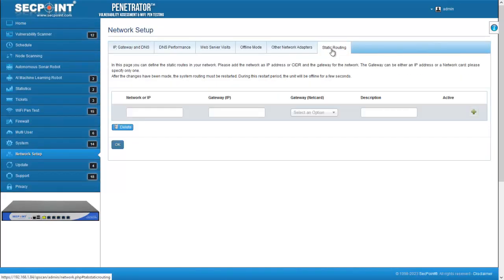Static routing is especially useful in cases like network segmentation, which is when the network to scan is divided into multiple subnets, or multiple network gateways, which is when choosing a gateway or another may lead to different scan results depending on the devices that can be found on the path between the Penetrator and the targets, for example, a firewall. In this page, a list of the existing static routings is shown, and to add a new